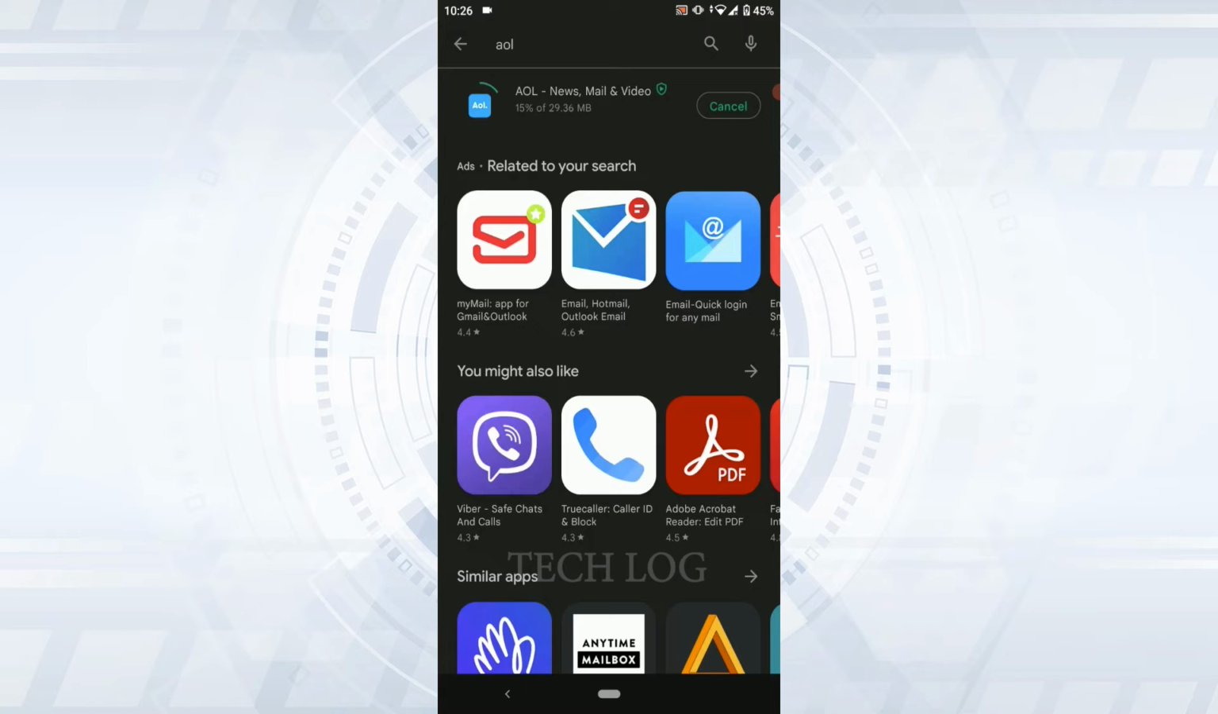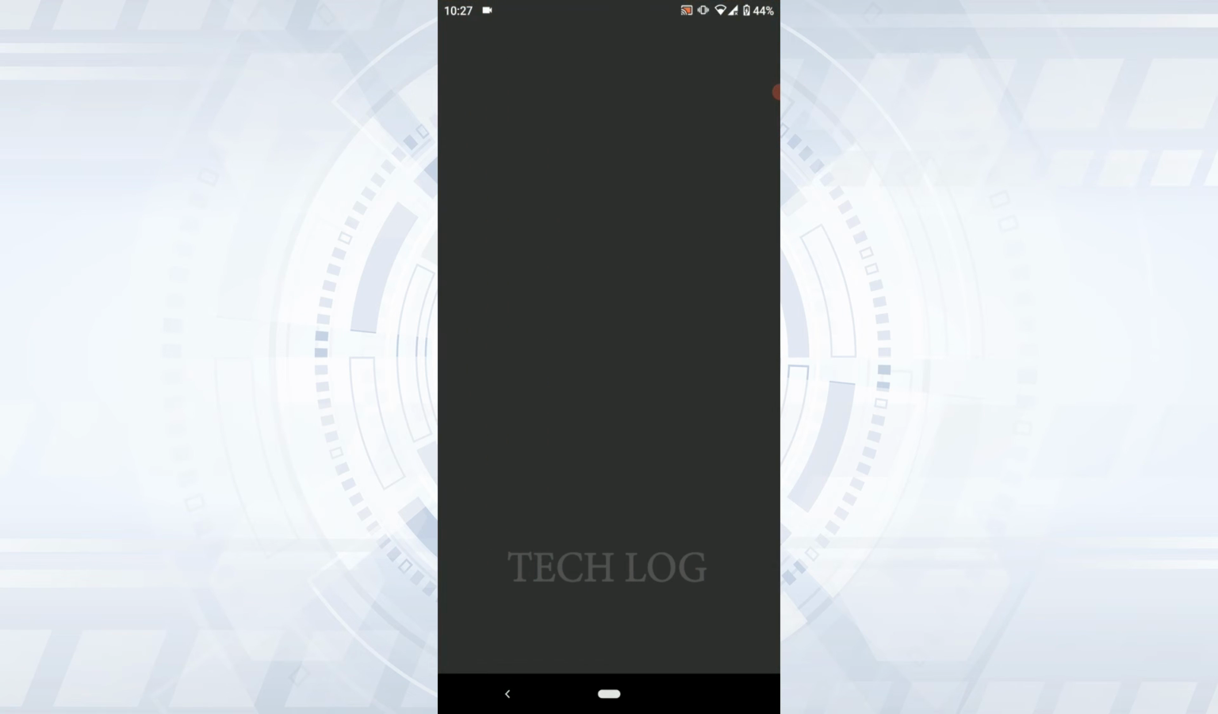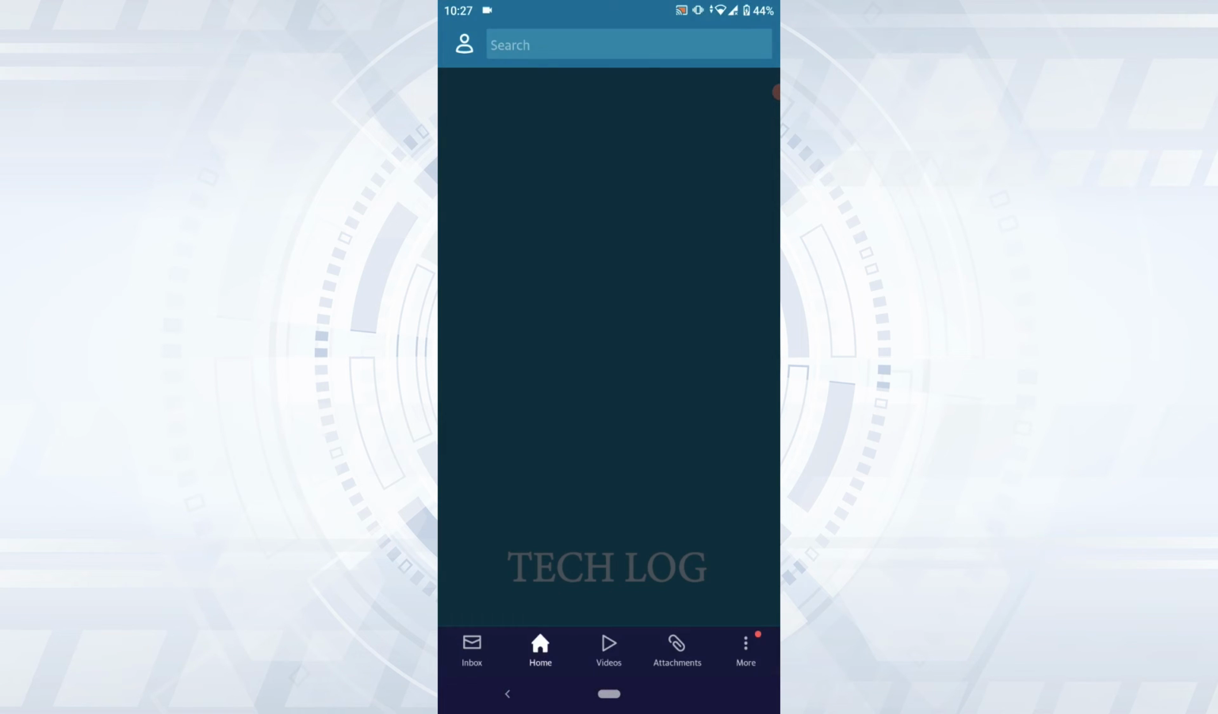So if you are using an Android device, you will need to open the Google Play Store. But if you are using an iOS, you need to open the App Store. Only then you will be able to download the application from there. The downloading process of the application is completed. Now you tap on open, and with that you have successfully downloaded and installed the AOL application for your mobile